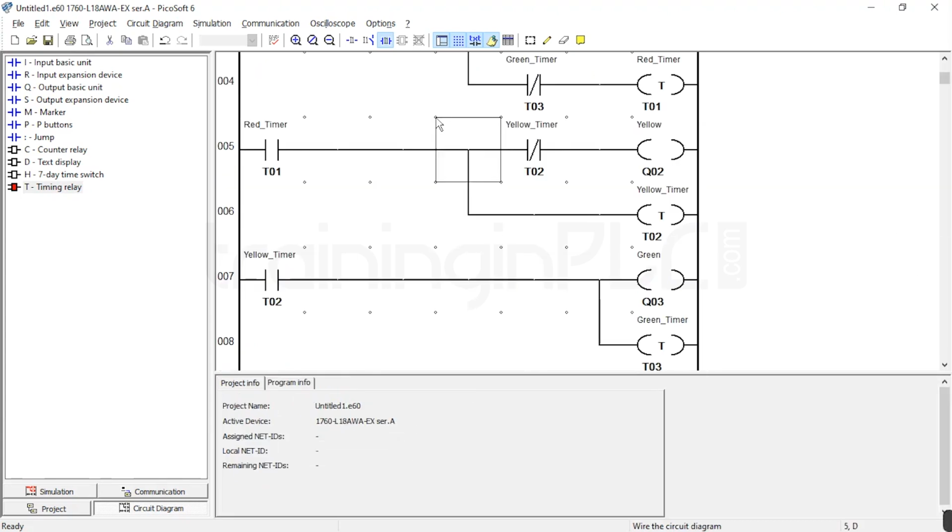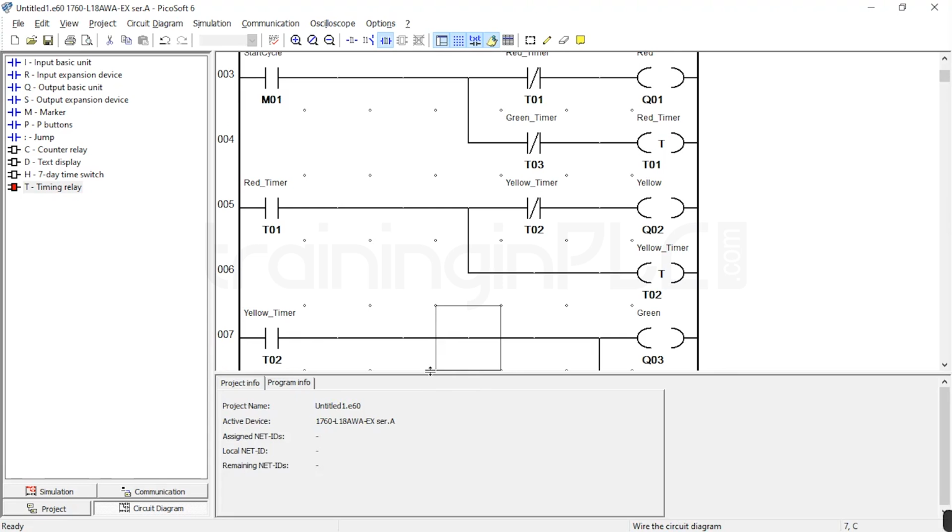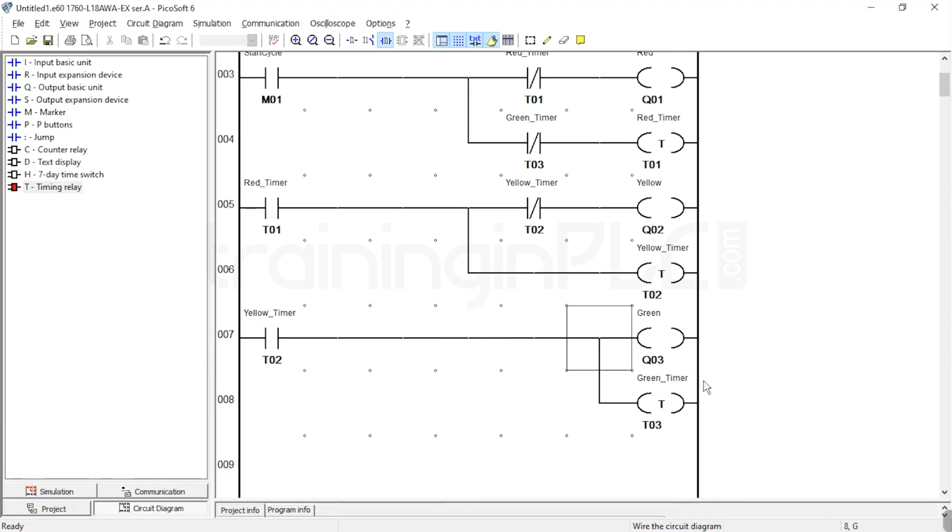Okay, and here you can observe one thing. I am not going to take any NC contact for the turning of this Q3. As you saw before, we have taken the NC contact here for the turning of the signal. But here I am not taking it. Why? Because once the,